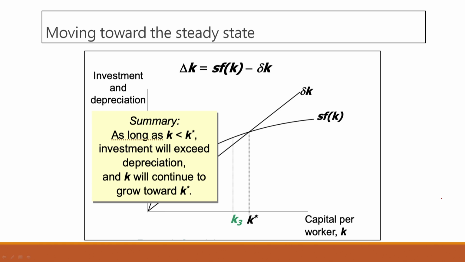And as long as delta K is positive, we are adding new capital stock. Think about it very intuitively. Since production is a function of capital stock, the more capital we add, the higher the output we are going to have. So, delta K greater than 0 implies we are adding to our capital stock. And what is happening in the process? Because we are adding to our capital stock, output is also growing.